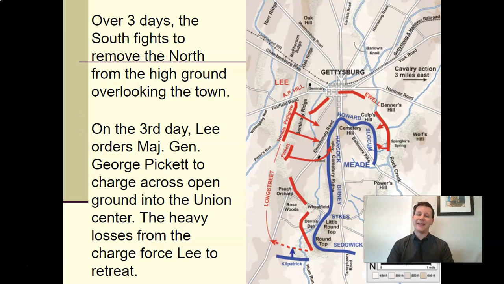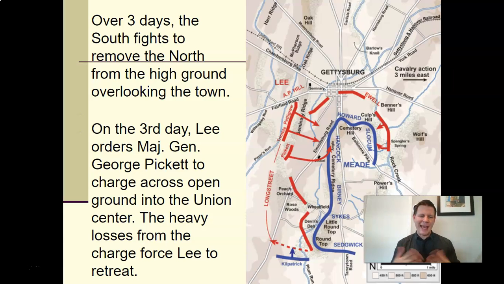But if you look at all the arrows and the different ways the Confederacy tried to attack on this map, the path taken by Pickett was among the greatest distances to travel. It was open countryside, very little cover. There were even some picket fences, that's where they get their name from, that the men had to stop and climb over to get up there. And they were being shot at the entire way. So nobody tells General Lee no, even though they thought it was a bad idea.